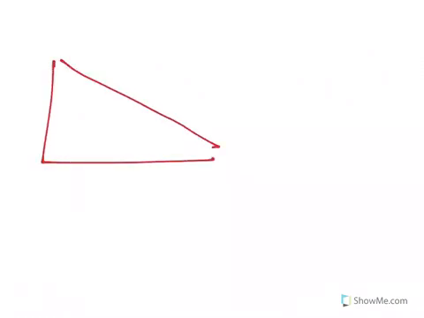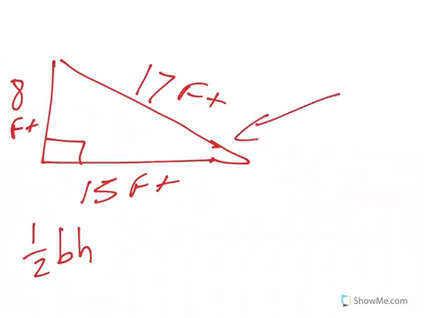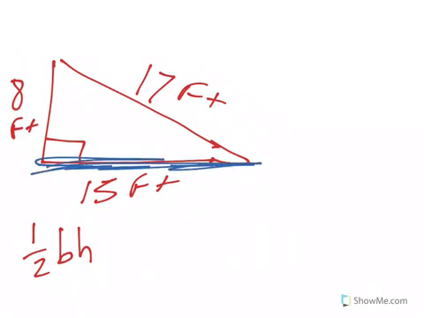Okay, we'll do a pretty traditional one to start out with, right? Here's our triangle. Say this is 15 feet. Say this is 8 feet. We'll say this is 17 feet. Okay, so we're going to have 1/2 base times height to figure out the area of this triangle. We're going to look at the base is this side here, so we have 1/2 times 15 times the height,